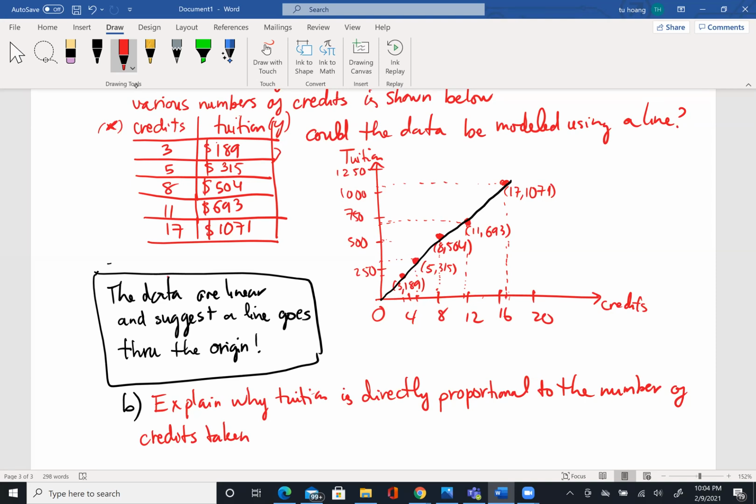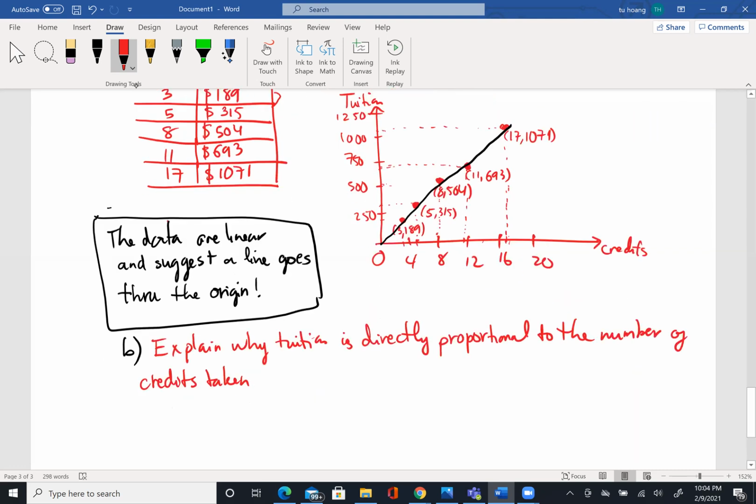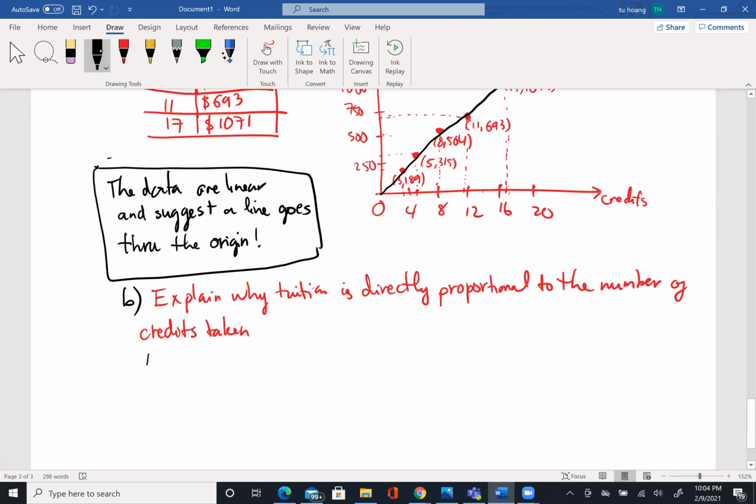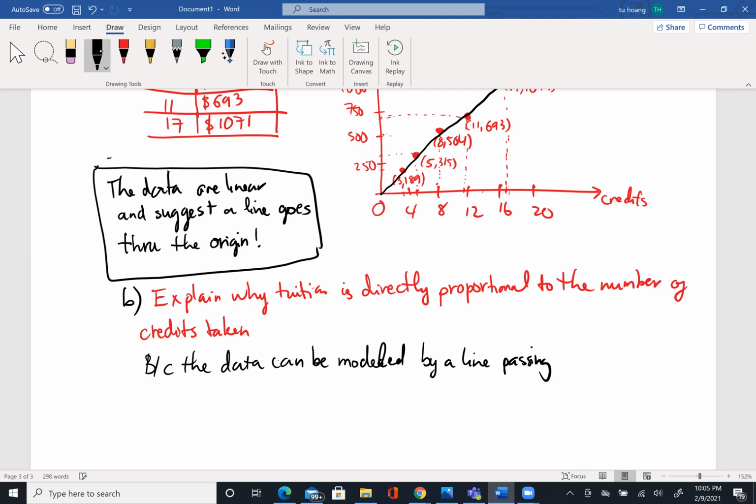So I'm going to say because the data can be modeled by a line passing through the origin,